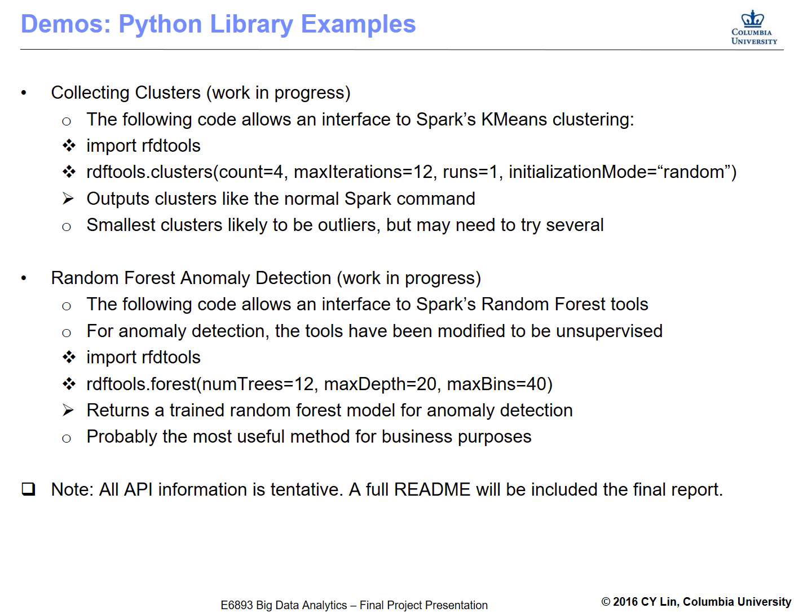As far as clustering goes, I have some code. The final report has a more detailed description of the API, which has changed since I wrote these slides. But you can compute the clusters, k-means clusters, based on parameters standard to the PySpark API, and the method will output the smallest cluster for you. So you can try different parameter sets and